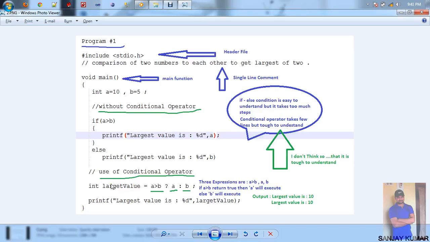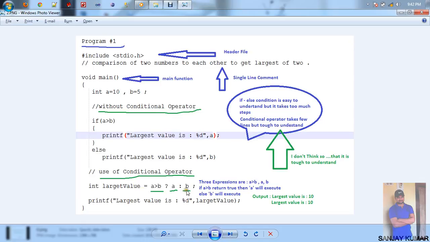Here I have also made a simple condition using the conditional operator. Largest value is a variable that I have made, and in that variable I am going to store the largest value that we get from this expression. This is the usage of the conditional operator. The expression is a greater than b, and if it returns true then a will be executed, otherwise if it returns false then b will be executed.